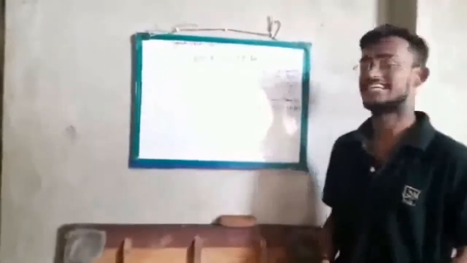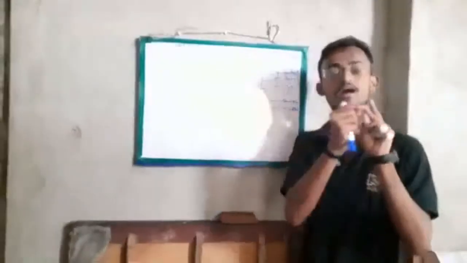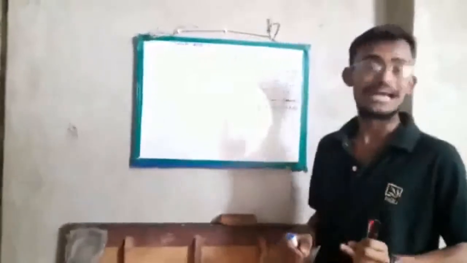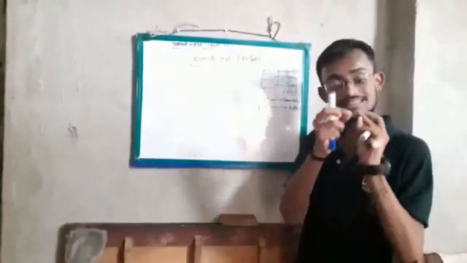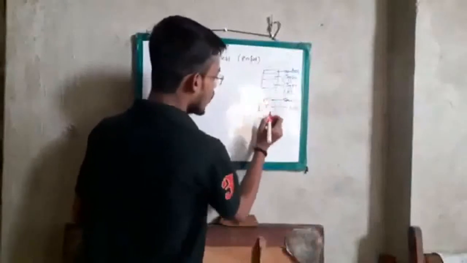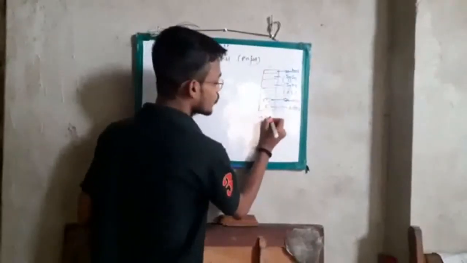Now, how can we do this blood test? So for the blood test, what do we need to do? We need a needle prick blood sample, just like we use for diabetes. After taking the needle prick blood, we have to put the blood in the sample section. How much blood is needed? We need 10 microliters of blood.